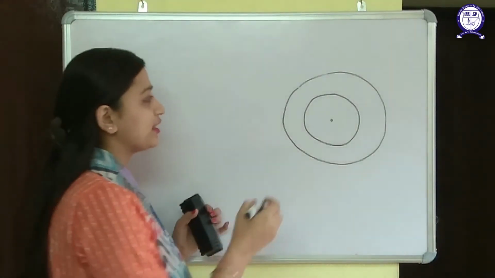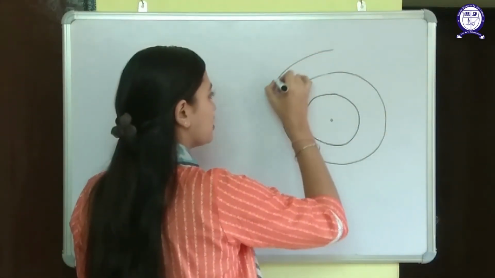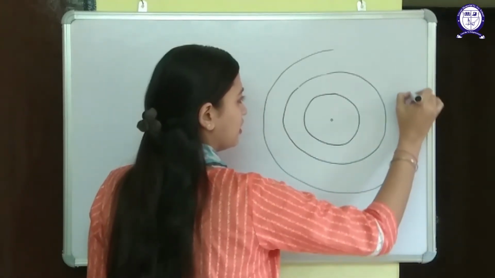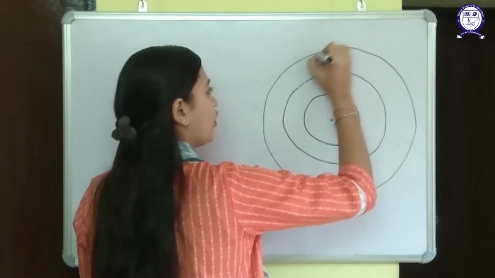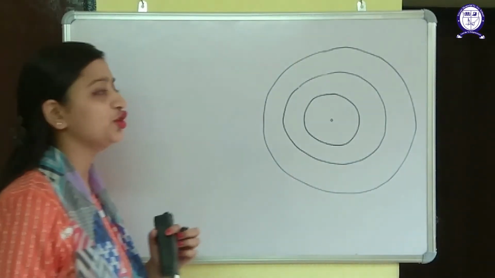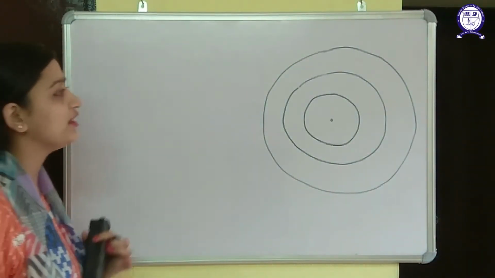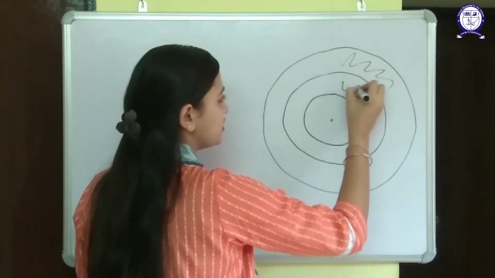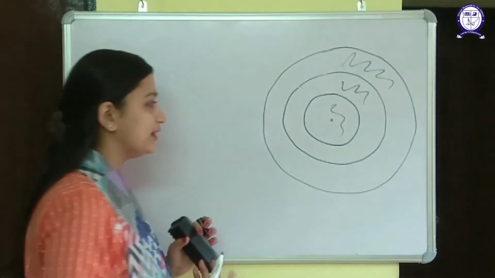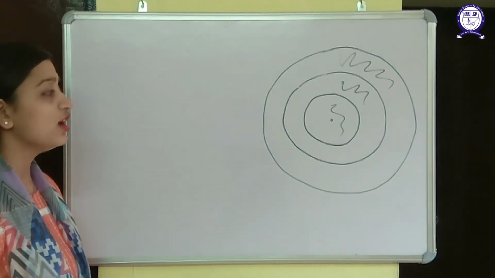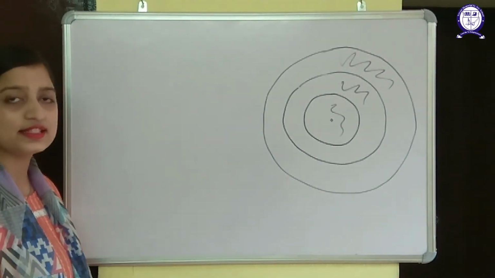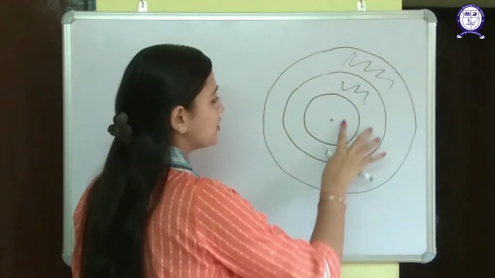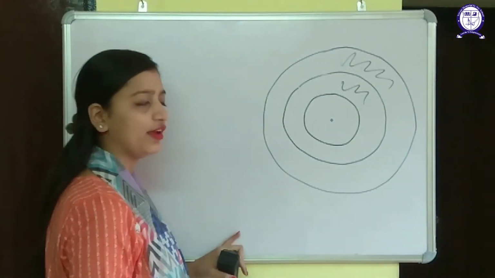Similarly with the same center I can make one more circle like this. Okay, and in some questions you may be asked to find the area of this region or this region or this region. They can ask the area for any region. So how to do this type of question? First of all, the radius of one circle will be given to you. It can be of any one.